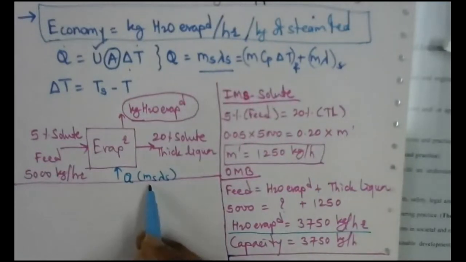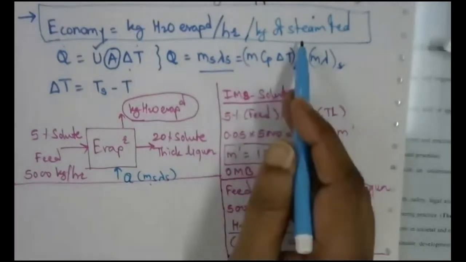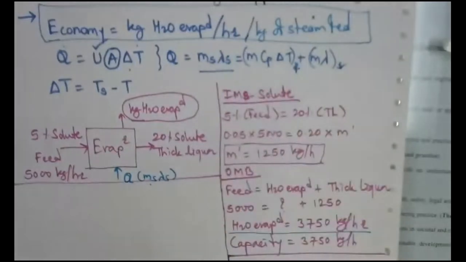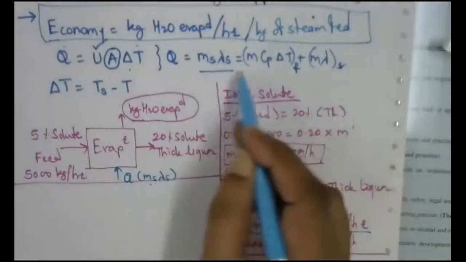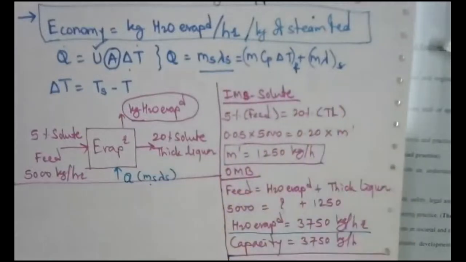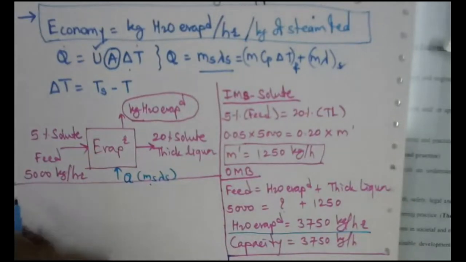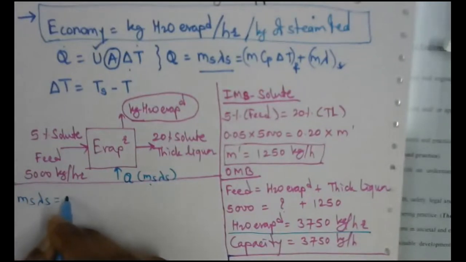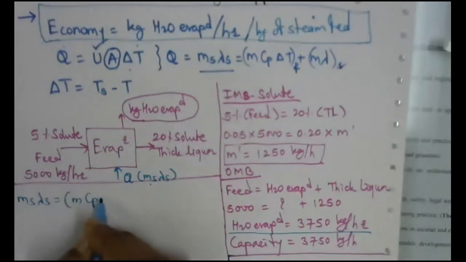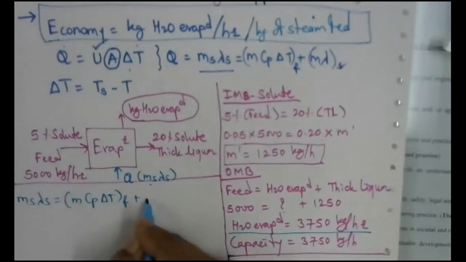So for calculating this mass flow rate of steam for this economy, we have to use this formula, that is Q equal to ms lambda s equal to mCp delta T plus m lambda, right? ms lambda s equal to mCp delta T, that is of feed, and m lambda is of vapors,